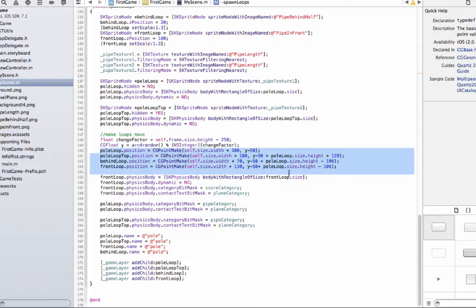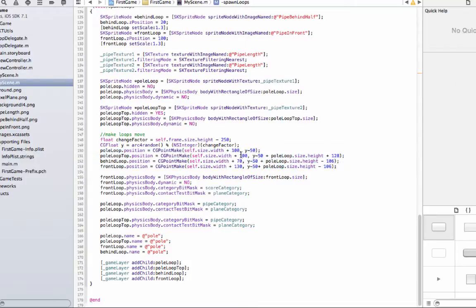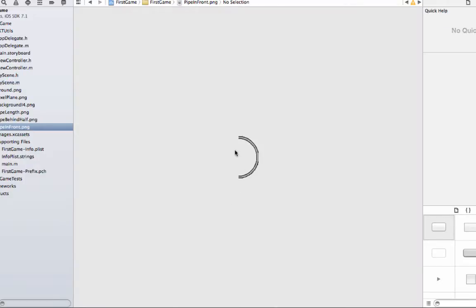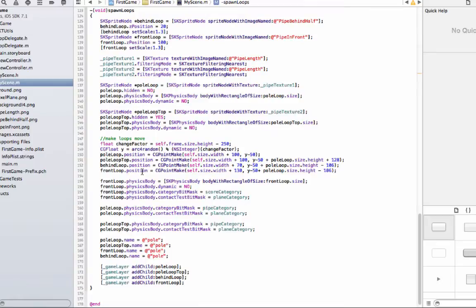And then here, you could pause if you want to see the exact numbers, which you should, because it's tailored to show the pipe very seamlessly, even though it's a bunch of different parts. So maybe pause this and copy this, but all I'm doing here is setting the position according to this random y factor. Next, I take the front loop, which is this pipe in front thing, and then I give it